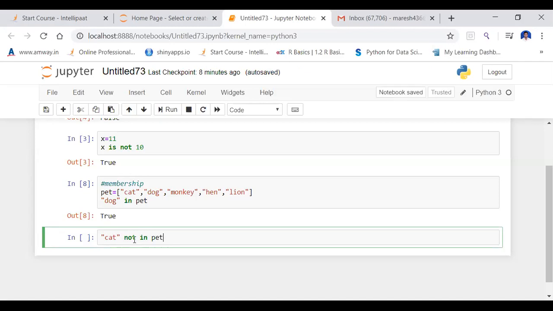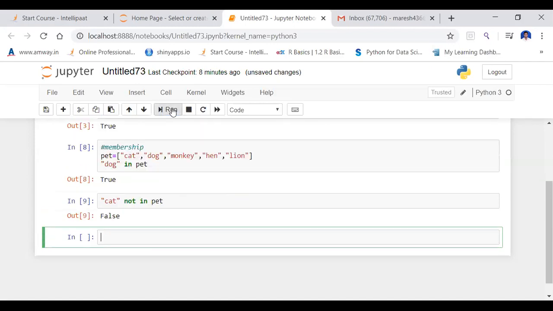I'm asking the question that cat is not in pet list. If it is true, then it may produce the output as true. Otherwise, it may produce output as false. So actually we will get false, because cat is there in the pet list.